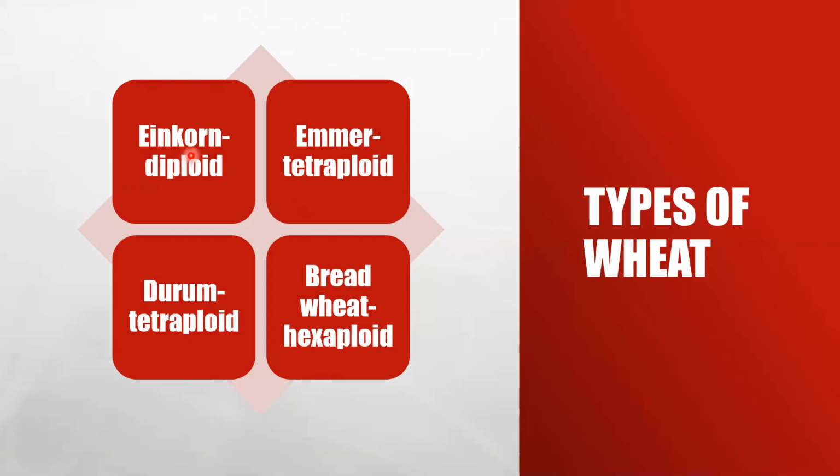Diploid wheats are called einkorn wheat. Tetraploid wheats are called emmer wheats. Example of tetraploid wheat is durum wheat, which is also used for making macaroni, spaghetti, noodles. And einkorn wheat is usually given to animals as feed. Bread wheat, hexaploid wheat, is our staple food. One third of the population of the world is dependent upon bread wheat for its food. It is used for making breads, chapatis, naans, cookies, cakes, biscuits. So this is the staple food of many people in the world.